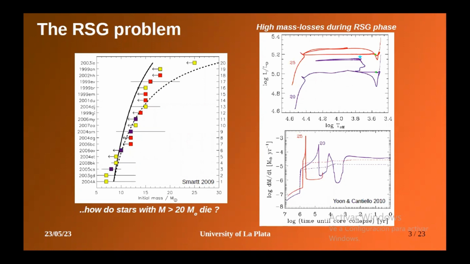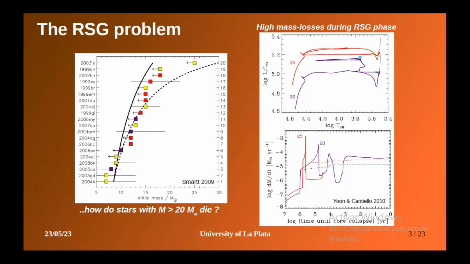But the most prevalent scenario, based on which the recipes for the evolutionary models are built, is mass loss. So red supergiants with high masses also exhibit high mass losses, which can literally alter their appearance. Here is a theoretical framework by Yoon and Cantiello, who used hydrodynamic models of pulsationally driven enhancement, let's say, of mass loss in the red supergiant phase,